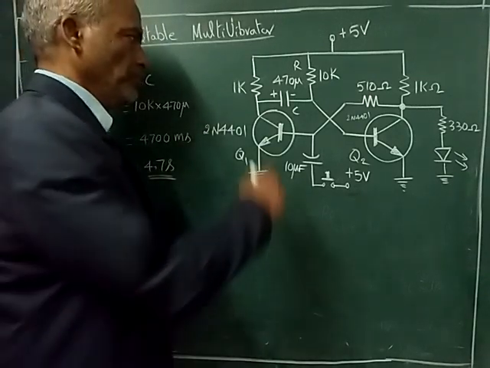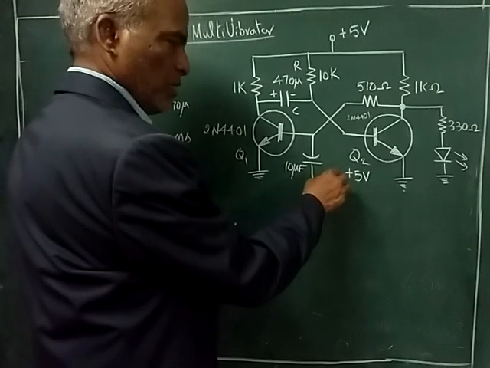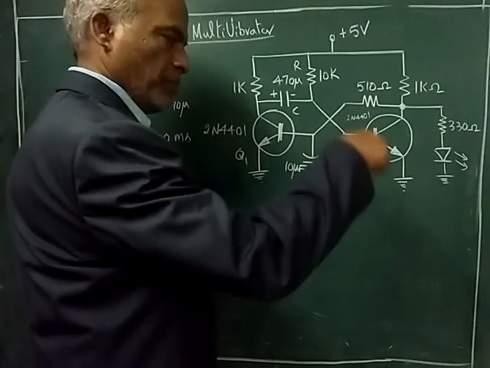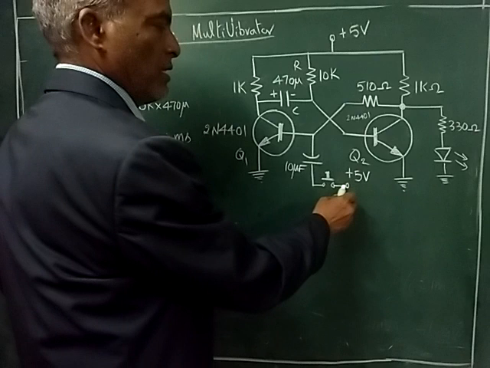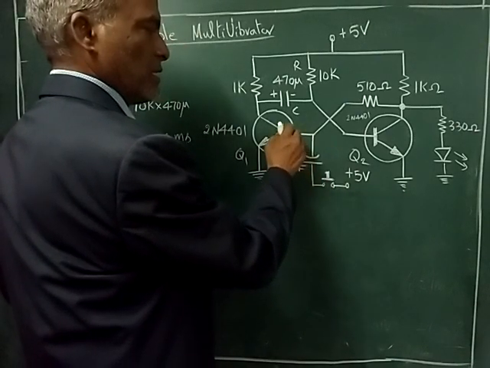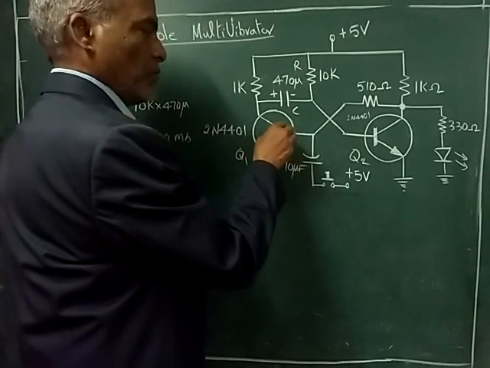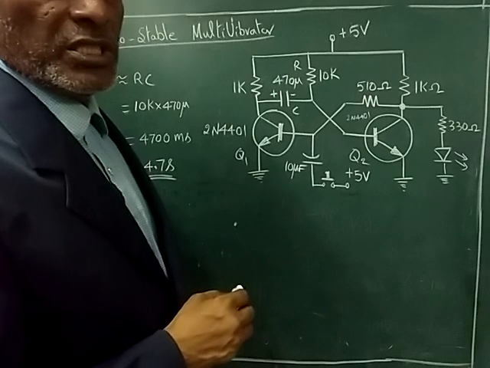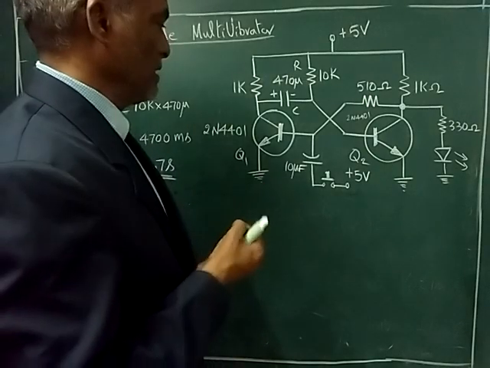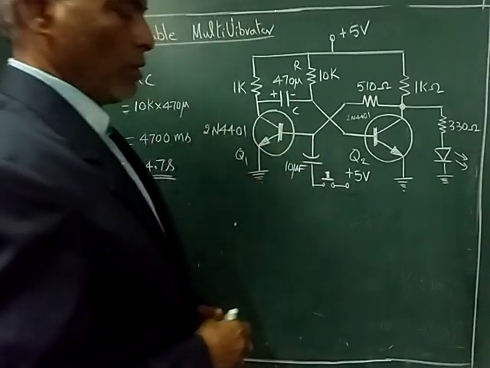Assume initially, when you press this switch momentarily and release it, just press it and then release it, this 5 volts DC will go through the 10 microfarad capacitor and reaches the base. So this is a NPN transistor. So when it sees a positive voltage, a spike, a short term pulse, here this transistor will go into on.